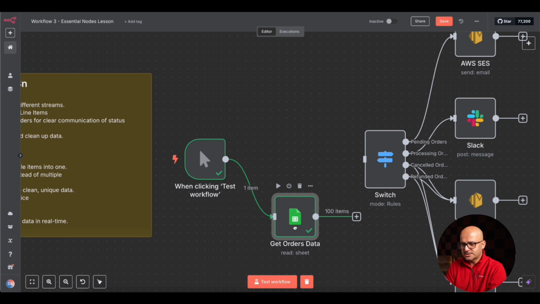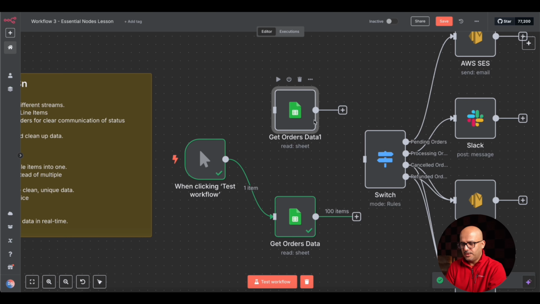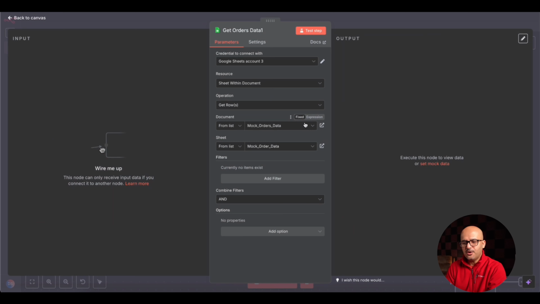And I'm going to drag it a little down and press Control C. So this is copied to the clipboard, and I'm going to press Control V, which is going to paste this node again. What we want is to fetch the order details as well. So I'm going to leave everything else the same. Over here we can say get order details, and we'll rename it.